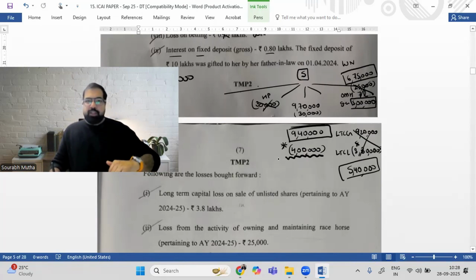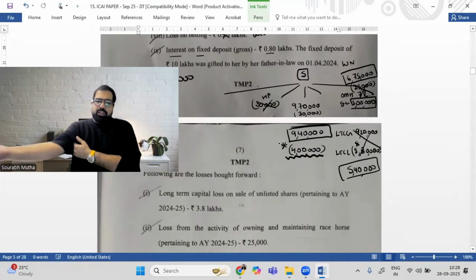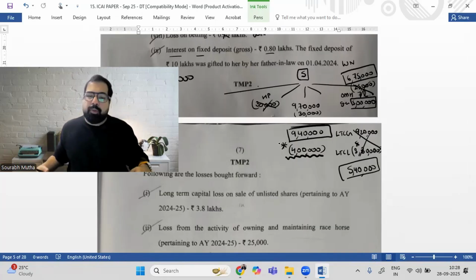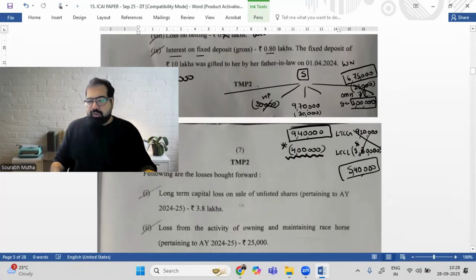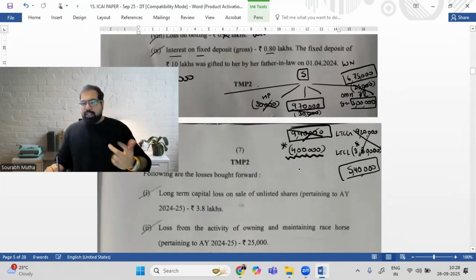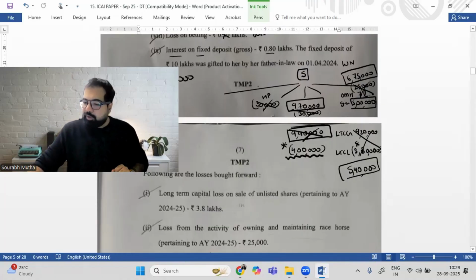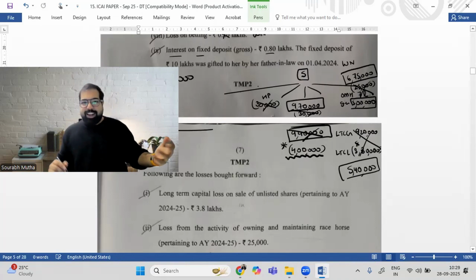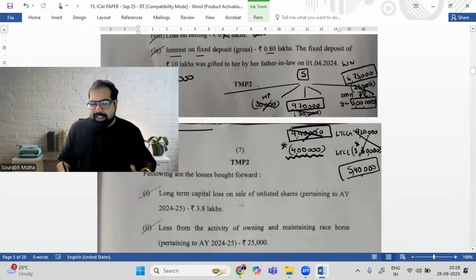Now, if she is in the new scheme, guys, you don't get deductions, etc. And guys, one big change in set off and carry forward. If there is a house property loss, that cannot be set off. So this 30,000 which we set off, we cannot set it off. So this 9 lakh 40 will not be 9 lakh 40, it will be 9 lakh 70. Can speculation loss be carried forward? There is no problem with that. Can owning and maintaining horses, can all of this be done? Yes. So the only thing is this 26 lakh 55,000 will be increased by 30,000. And the answer for the new scheme, which is called the default tax regime, is 26 lakh 85,000. So that is my only gross total income change.